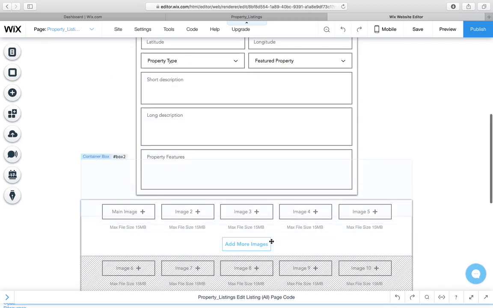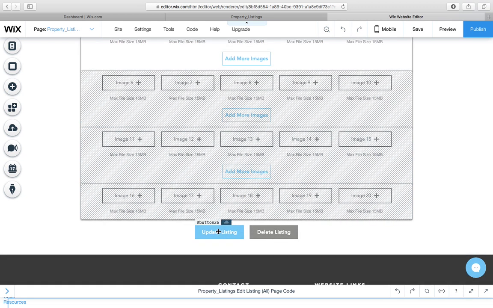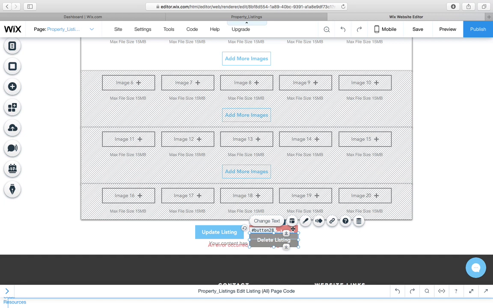All these other boxes still work the same, with the addition that you'll notice I've got an update listing button here, and then I've got a delete button here. This one is actually not connected to the data set itself. What I've done is cleverly overlapped it with another button that is not showing up now. Let's just try and force it. There we go. So when you click on this one, it then actually only shows you the delete button, which